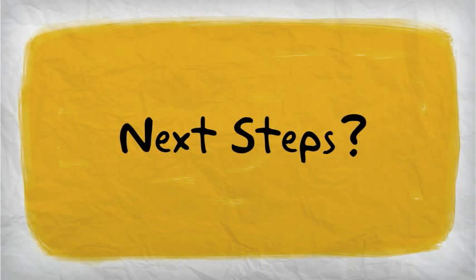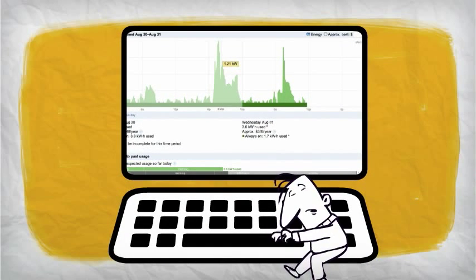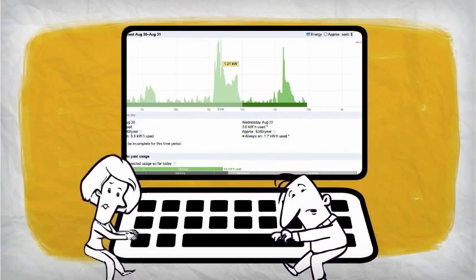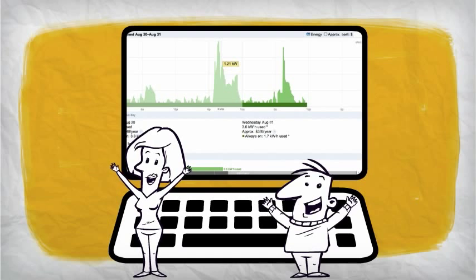So what are the next steps? Well, first, we would like to build you some web applications. The first application will be for the government to use to identify high energy consuming households. The other will be for prospective homeowners to investigate energy costs before purchasing a house, similar to Google's Power Meter